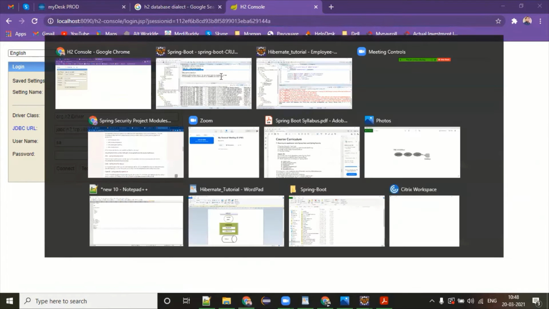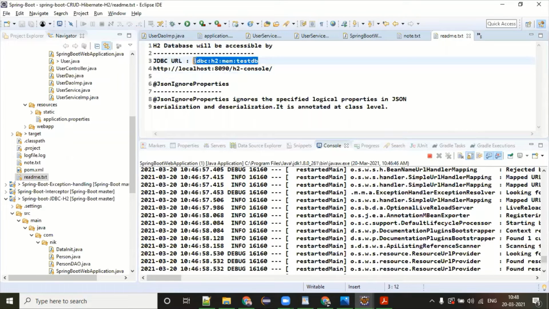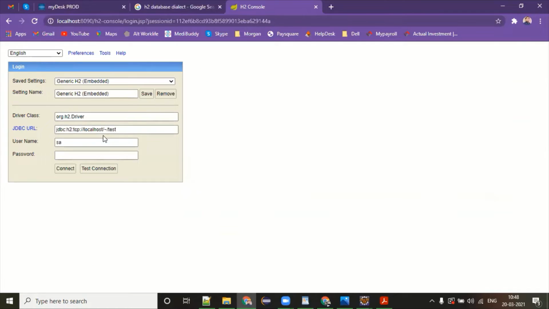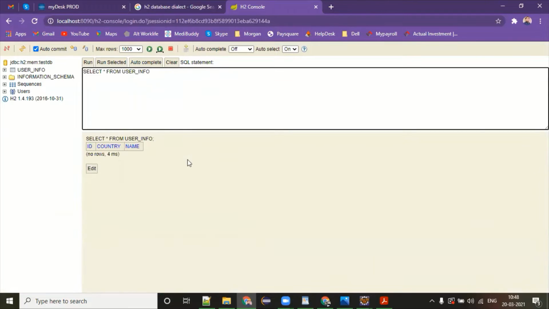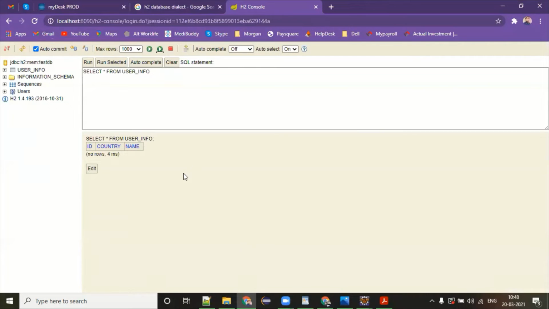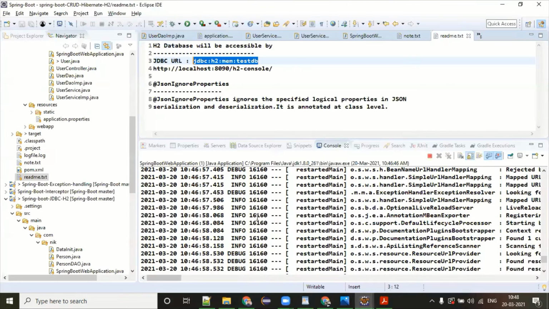I have to access the in-memory one. Got it. This is supposed to work. Yeah. So you can see that our table is created, that is user info, and there is no data because we haven't inserted any value.